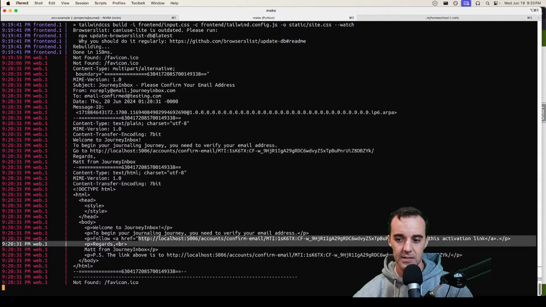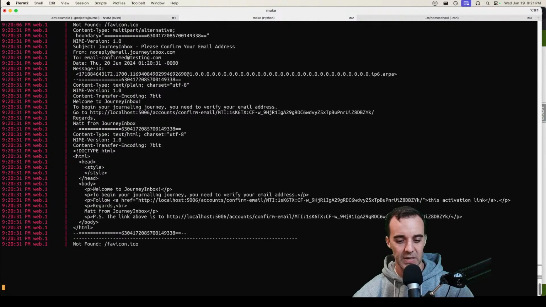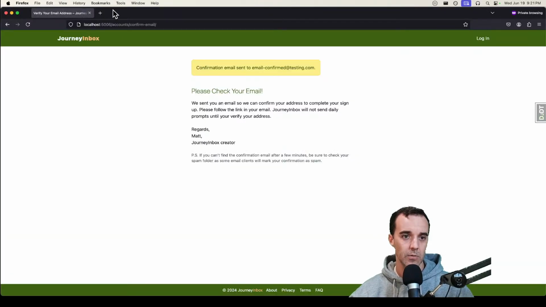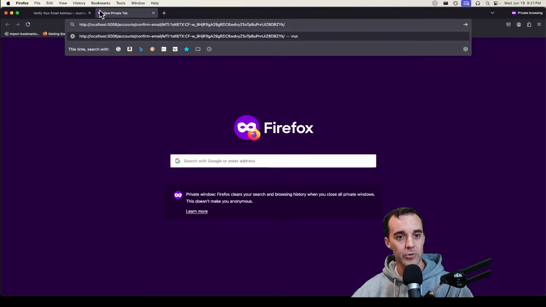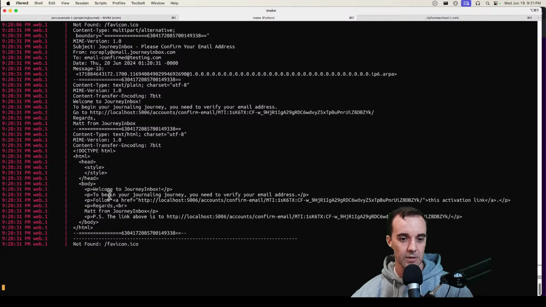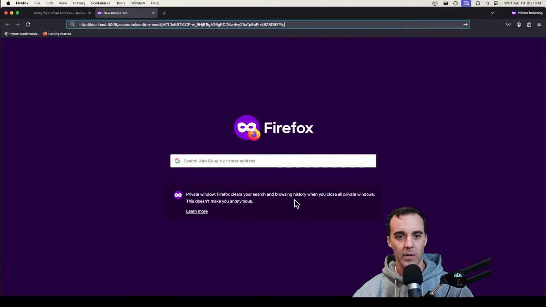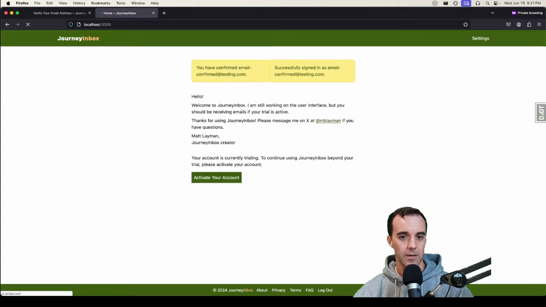So I want to take this link and copy this, and I'm going to put out some space here, because what I expect to happen is when we paste in the verification link, we should get another thing that shows up on this console. So let's come over here. What we're synthesizing is somebody went to their email client and saw the email from Journey Inbox and they're clicking the confirm email link, because if you read the message, it says, welcome to begin your journey, you need to verify your email address and follow this link. All right, so we're following the link, and